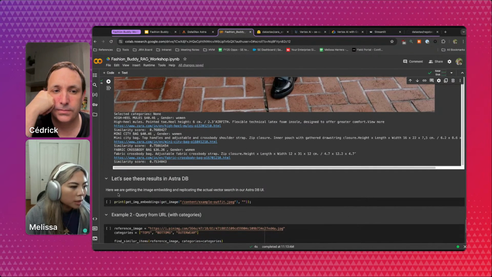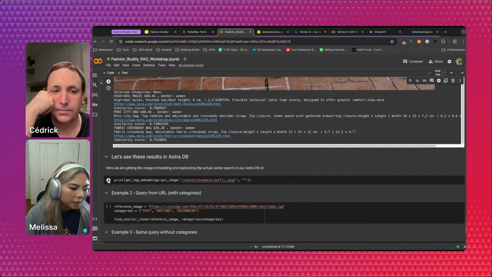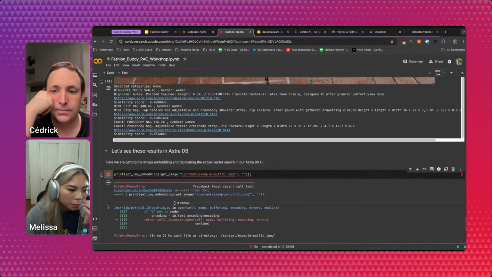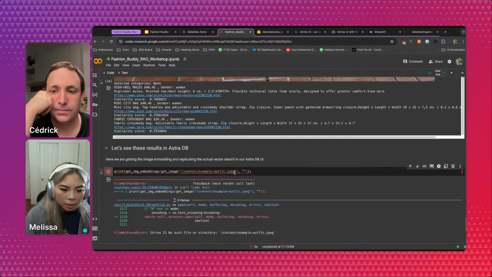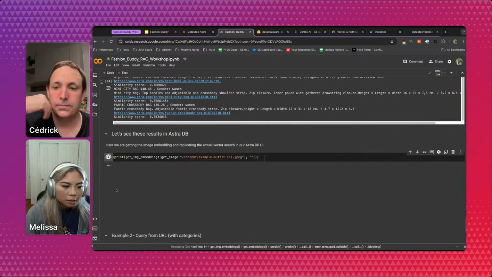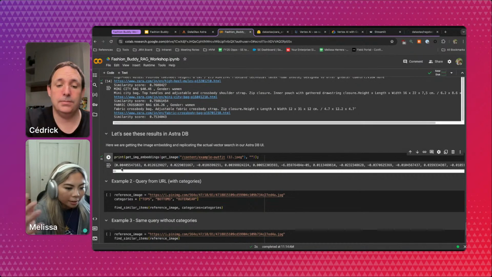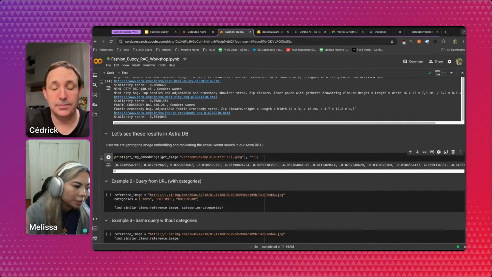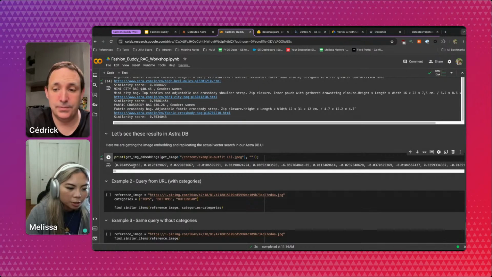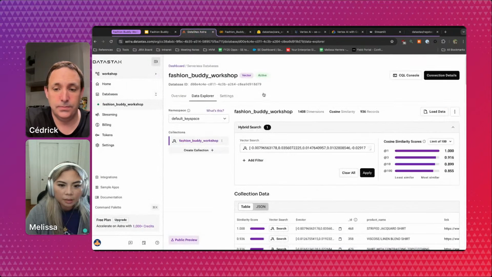But let's connect the dots a little bit more here. Let's see what the embeddings actually look like. I need to update this path. So if I call my get image embeddings, it should give me the vector that was actually generated from the uploaded image. I can copy this and then go back into my Astra database, and let's use this hybrid search